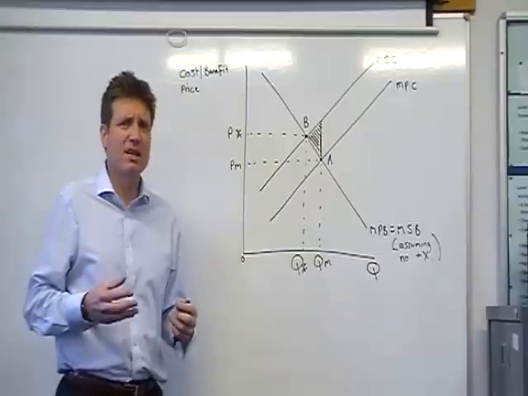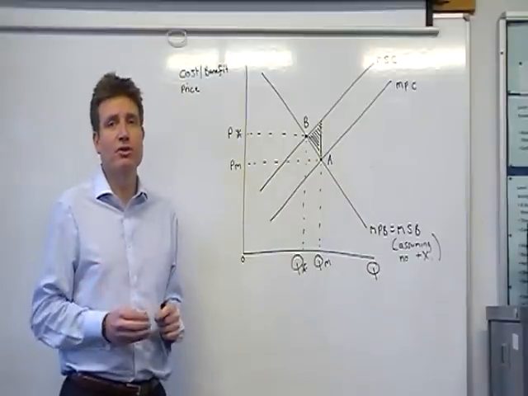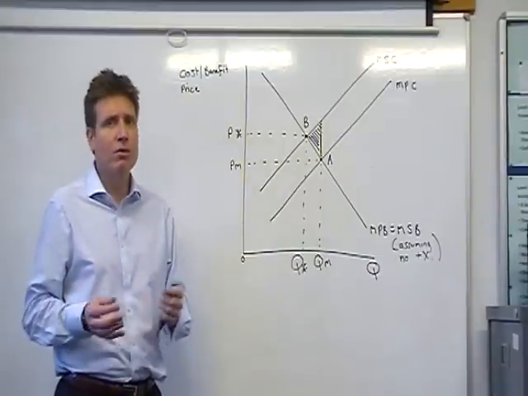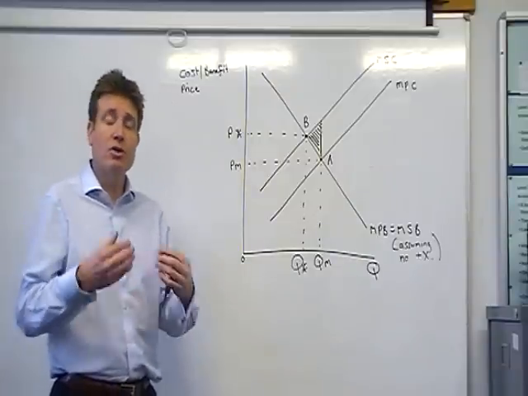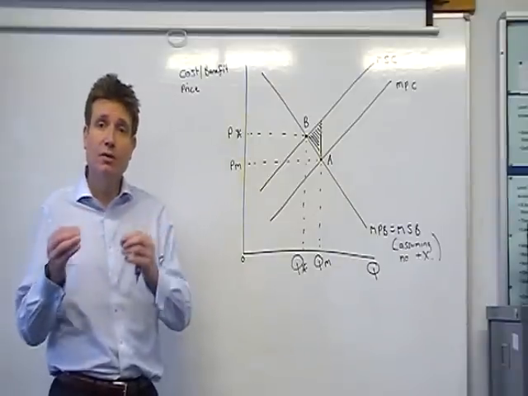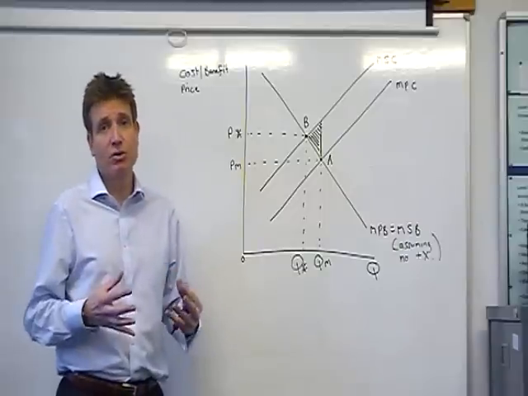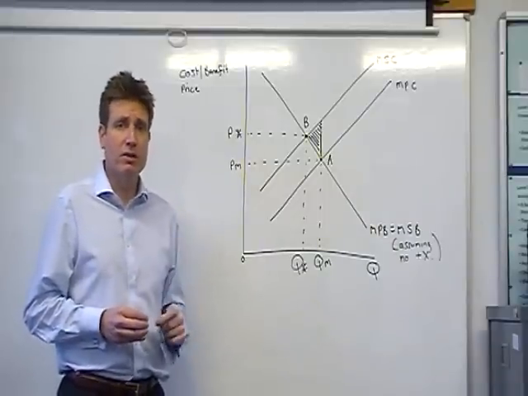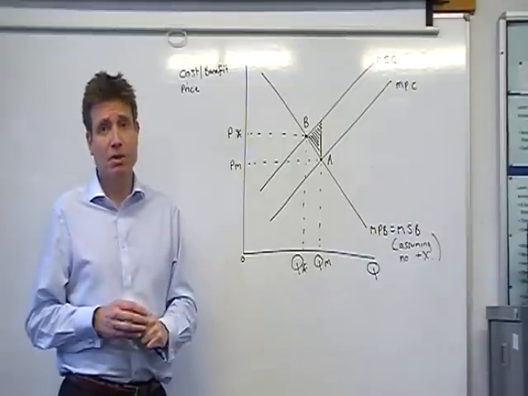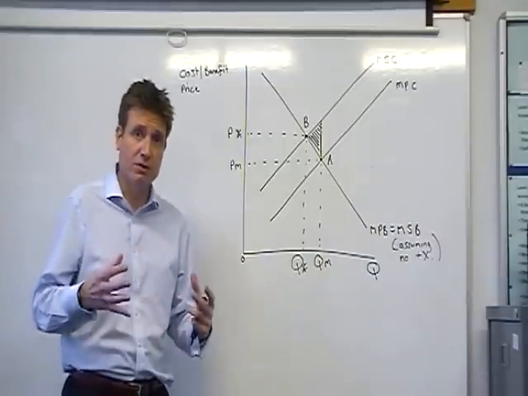Well, a negative externality occurs when social cost is greater than private cost. What do we mean by that? Well, of course, private cost is the cost of the individual, social cost is the full cost. The difference between them is the external cost, or the negative externality. So don't forget that. Negative externalities result in social cost being greater than private cost, and that difference is the